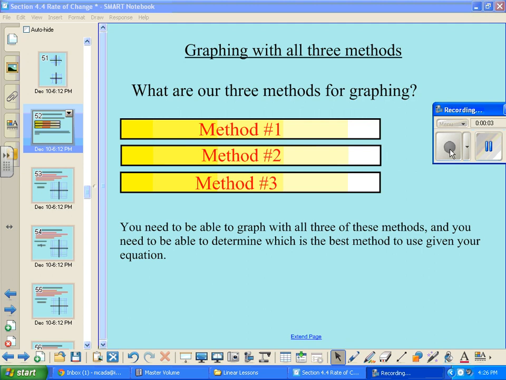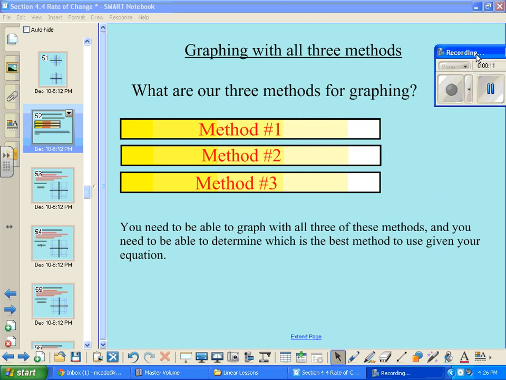This lesson is a review on graphing with all three of the methods that we've learned about so far in this class. There's three different ways that we got a graph, and again, all three methods are just different ways to get to the correct answer. Any of them would work in any particular situation, but I want us to be familiar with all three methods